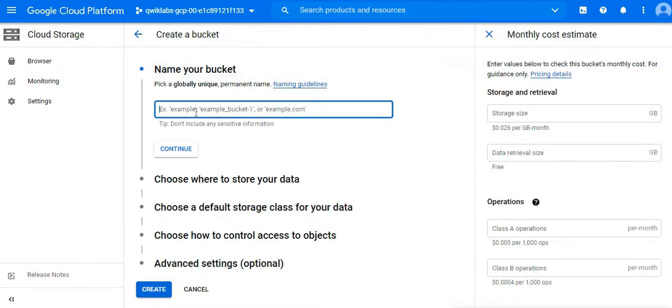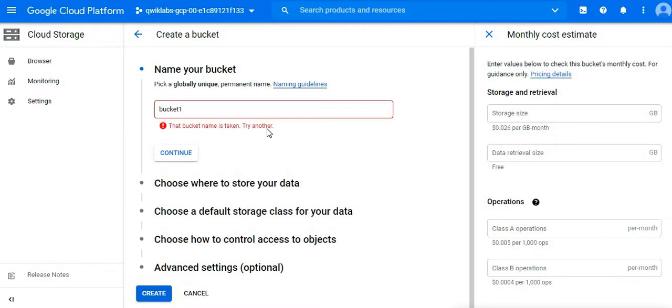I can give a unique name, let's say bucket one. The name must be unique globally, in the whole Google Cloud.